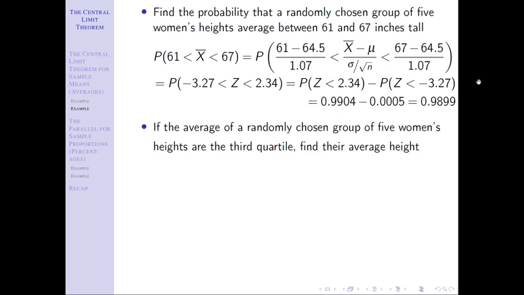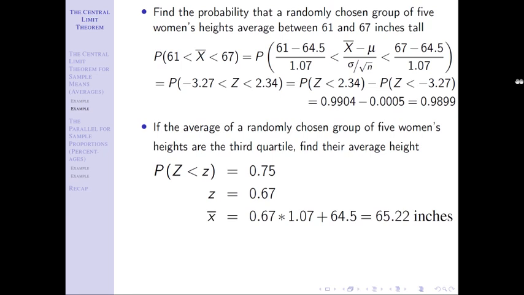So we need to find what's that z-score. Well, that z-score will be 0.67. And then I just have to unstandardize. I have to unstandardize the exact same way that I unstandardized before. If I know that a value minus mean divided by standard deviation equals my z-score, I can just plug in and solve algebraically. In this case, my standard deviation, that sigma over square root of n, was that 1.07. I have to multiply that by both sides, add the mean to both sides, just work out a little algebraic equation. I can get a value just like we did before.